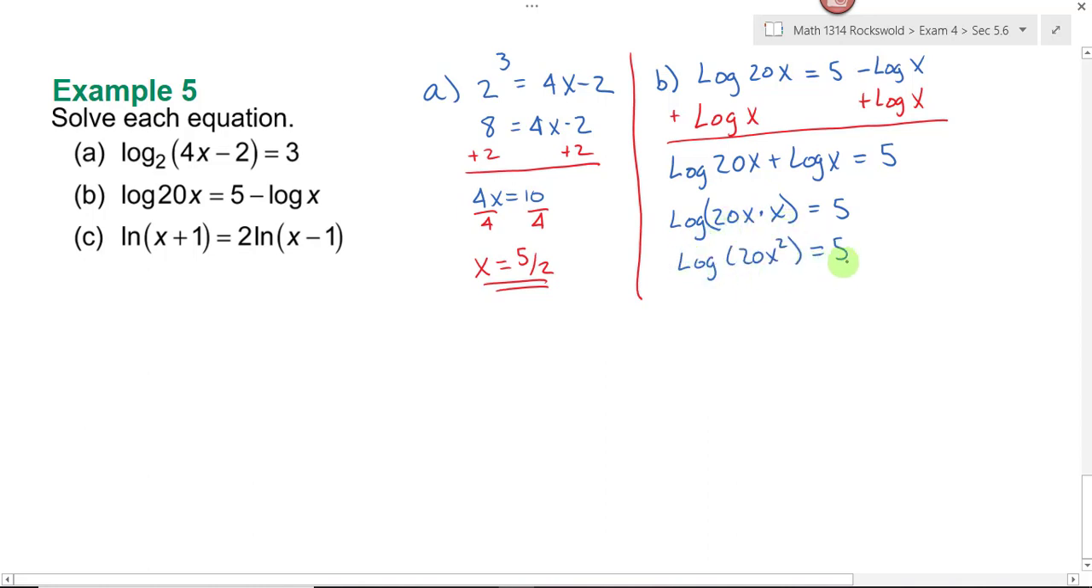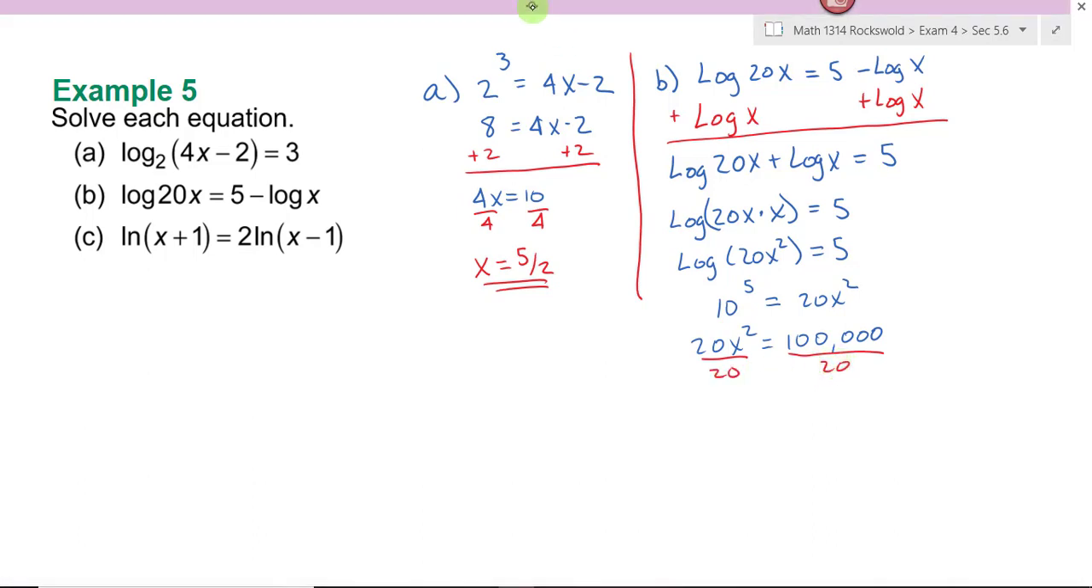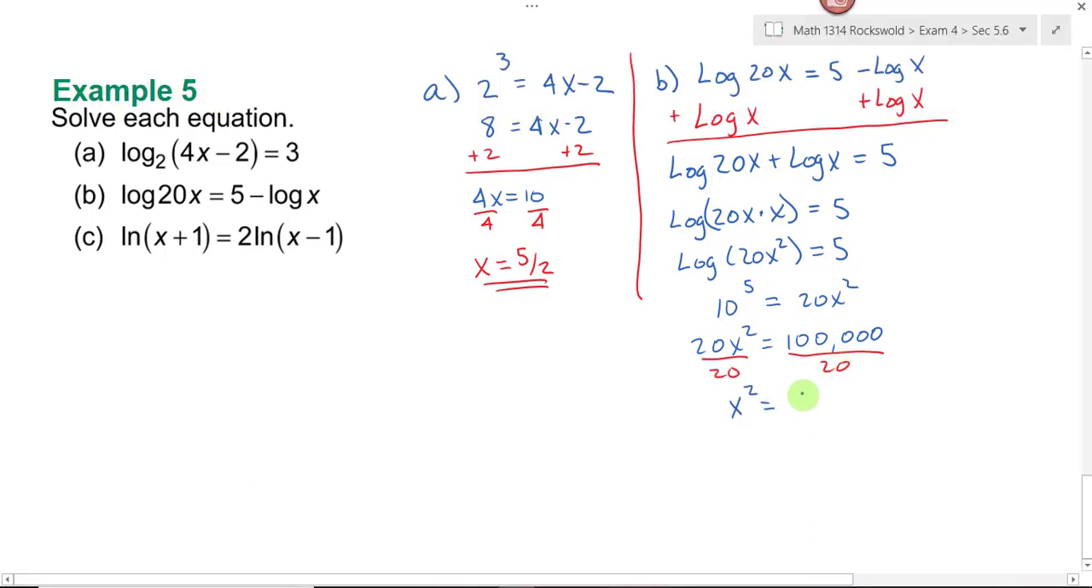Now I only have one log in the exponent, so how do I solve it? How do I get the x by itself? We change it to an exponent, so the base of my exponent is going to be 10, and I have 10 to the 5th equals 20x squared. 10 to the 5th is 100,000. How do I get the x squared by itself? Divide both sides by 20, and 100,000 divided by 20 is 5,000, so I end up with x equals plus or